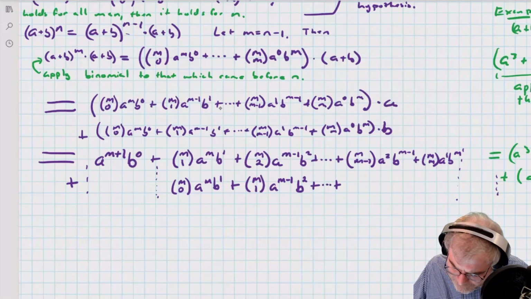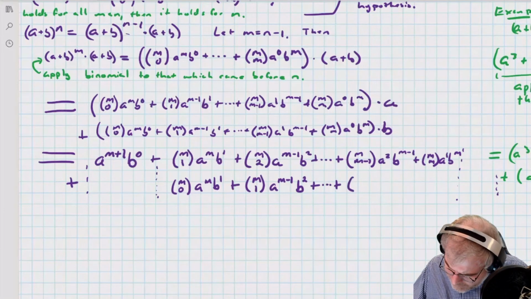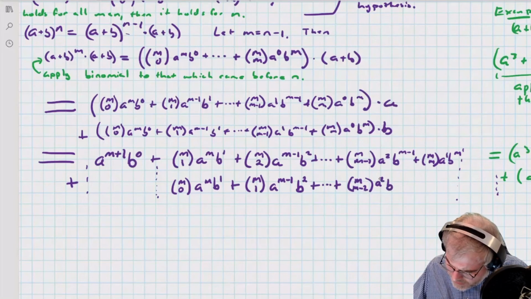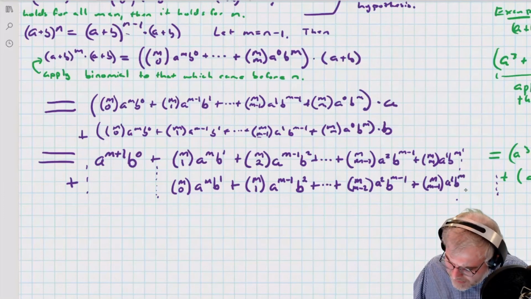So this b squared term came from that middle there. This term here is going to be from the middle here. So this is m choose m minus 2, a to the squared, because I've got a 2 there, b to the m minus 1, plus, then I'm going to be multiplied by that term, m choose m minus 1, a to the first, b to the m, and then I've got this last term, and I'm going to evaluate this last m choose m,